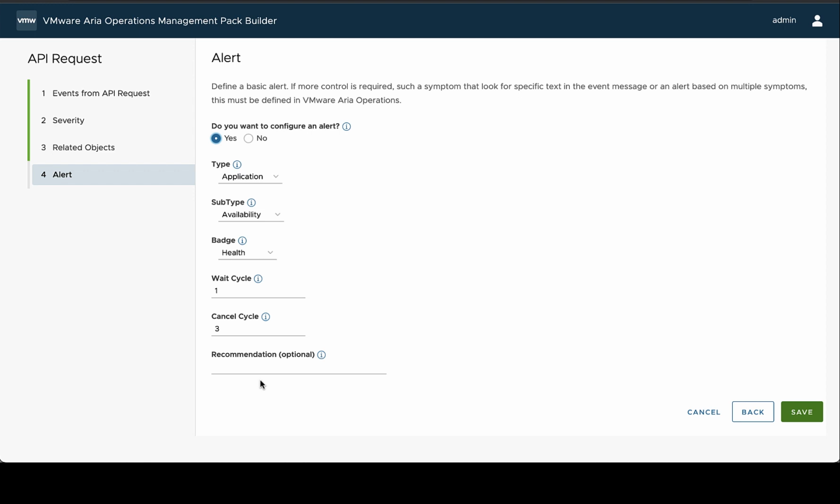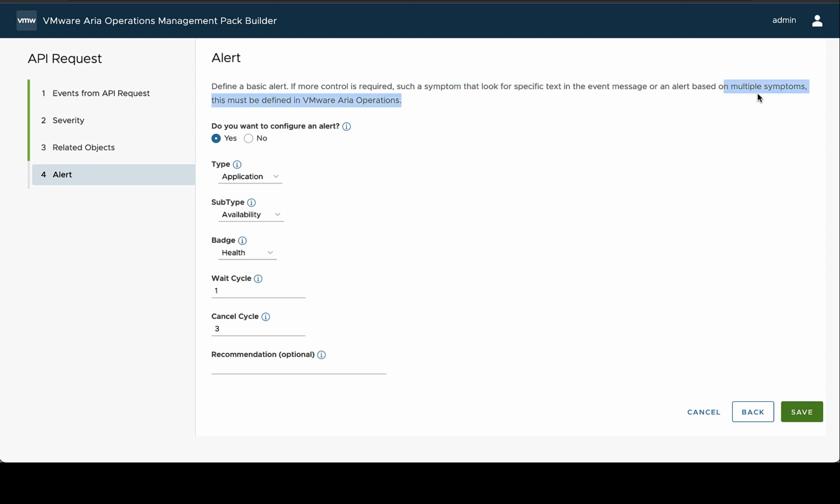If you need to have a little bit of a handle on when the alerts are going to be triggered, like if a symptom needs to look for specific text in the event message, or if there are multiple scenarios like symptoms you need to have before you trigger the alert,